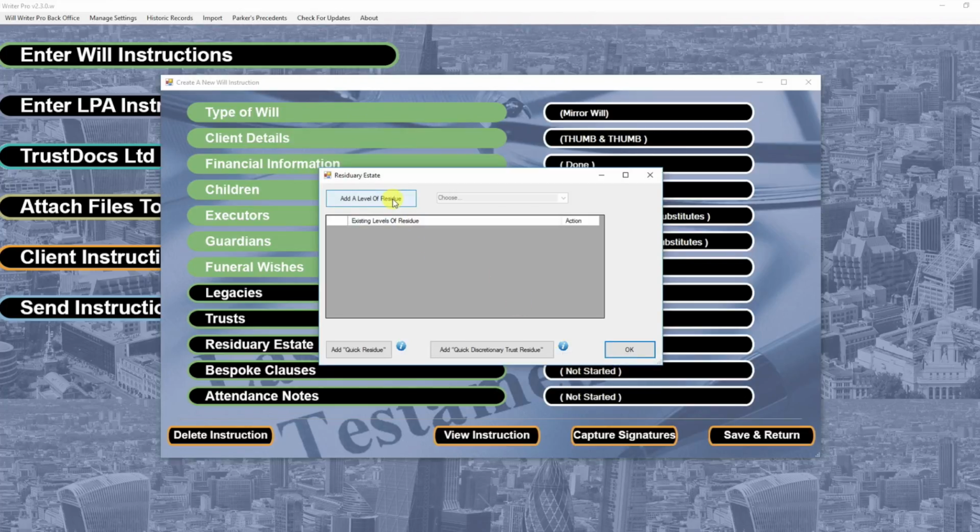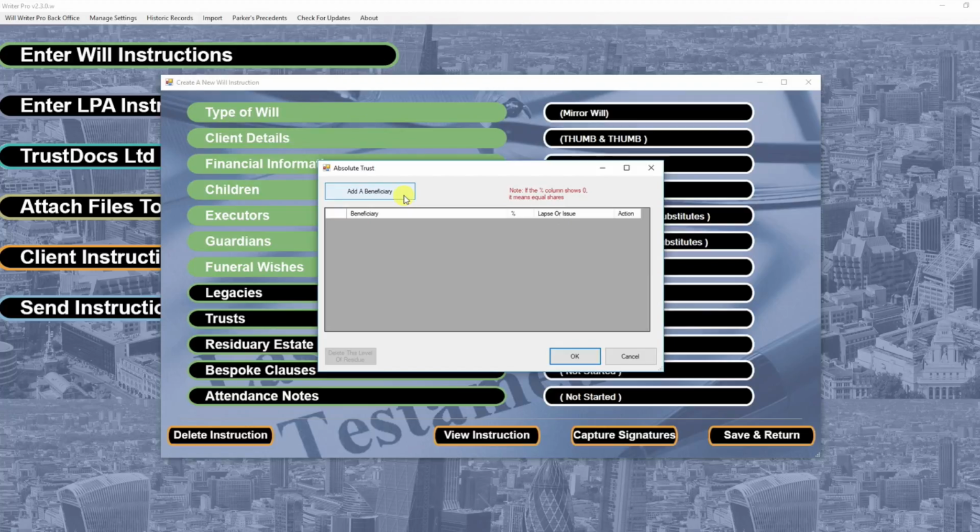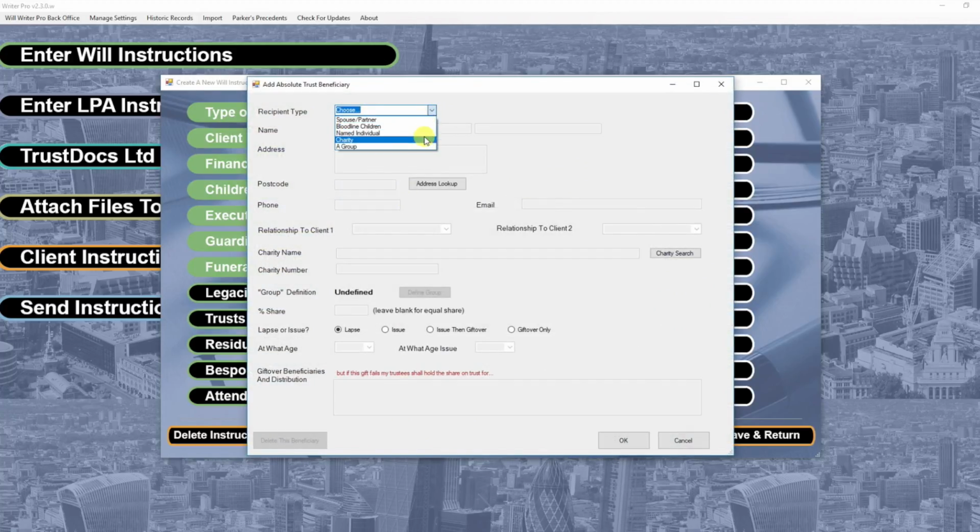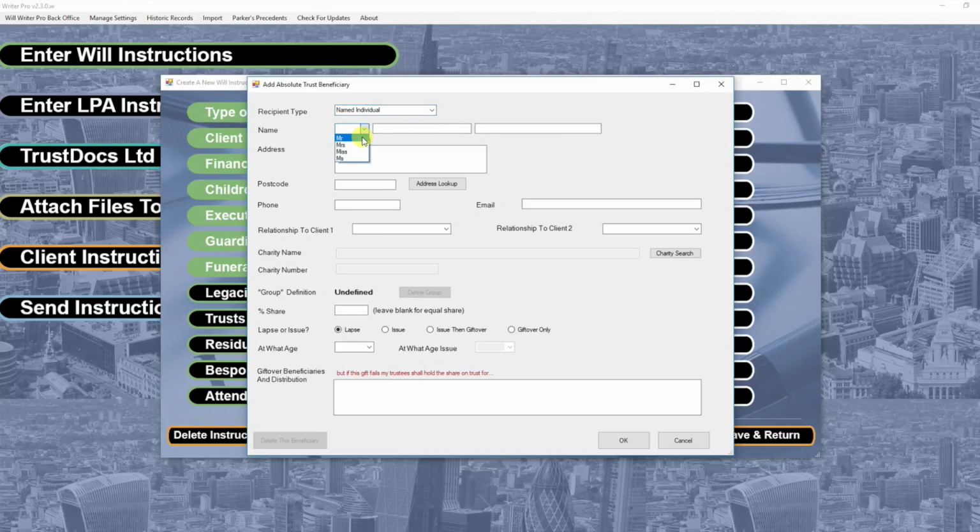But let's just build up 3 levels here. So the first level is to an individual. It could be to a discretionary trust, or it could be a life interest in residue, but this one's to an individual. And I'm going to put Fred in there, and I can go to issue if I want, and I can do a percentage as well. So if I say this first level, 45% is going to go to Fred,